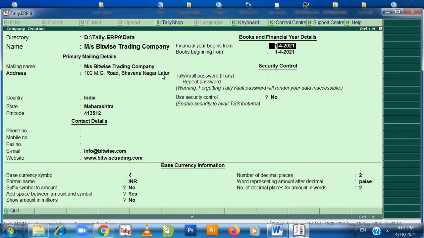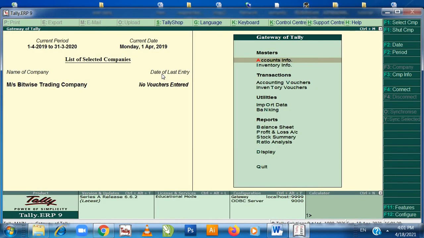Press enter. Financial year is 1st April 2019, and books beginning also is the same. Now press enter, enter, enter, enter, enter. Now my company has been created by the name Messrs Bitwise.